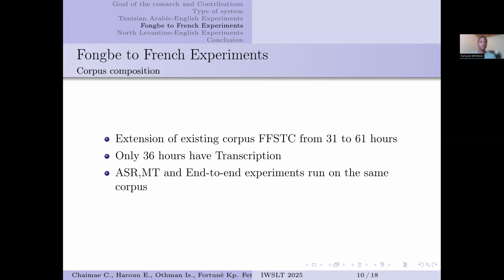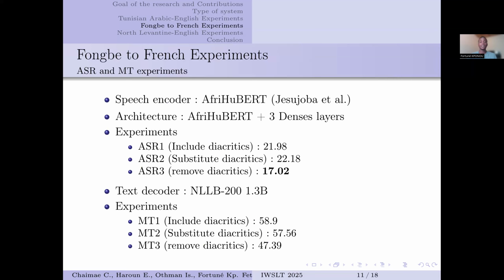Now, we are on the Fongbé to French experiment. For this task, we have a dataset composed of 61 hours, and from those 61 hours, only 36 have a transcription. We created three ASR systems: considering the diacritics, without considering the diacritics, and also by making the substitution of the diacritics. We obtained our best result when we remove the diacritics, with the word error rate of